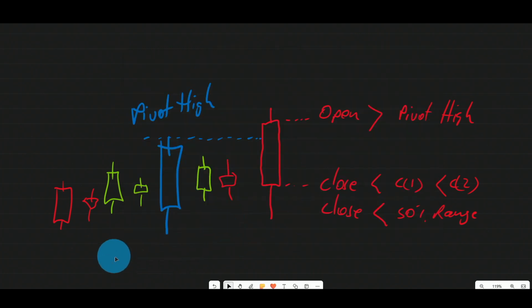Now, to optimize this pattern, we can change the right strength from 1 to 2, and we can change the left strength from 1 to 4 or 5. And then we keep everything else the same. So obviously, if you have one bar on the right and one bar on the left, you will get more trades. And if you have more bars, like 4 or 5 on the left and 2 on the right, you will